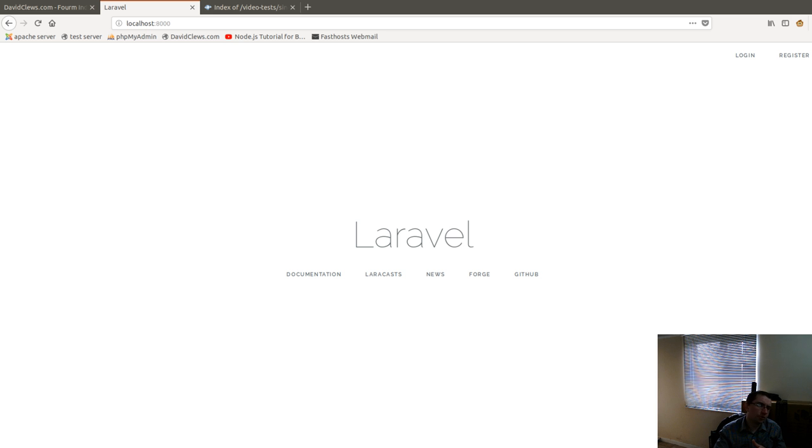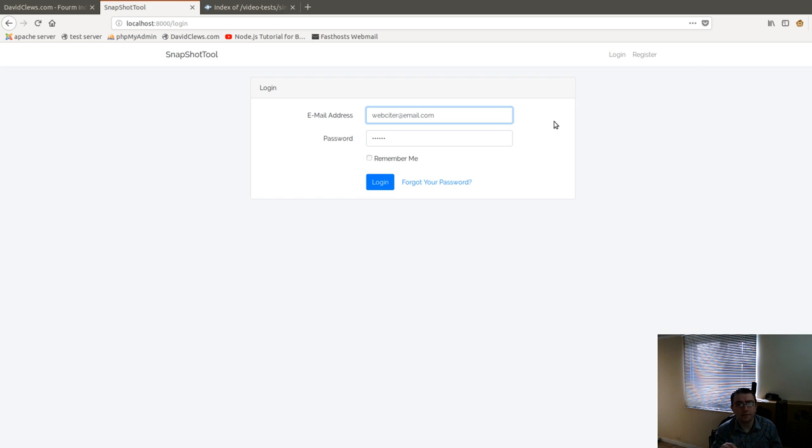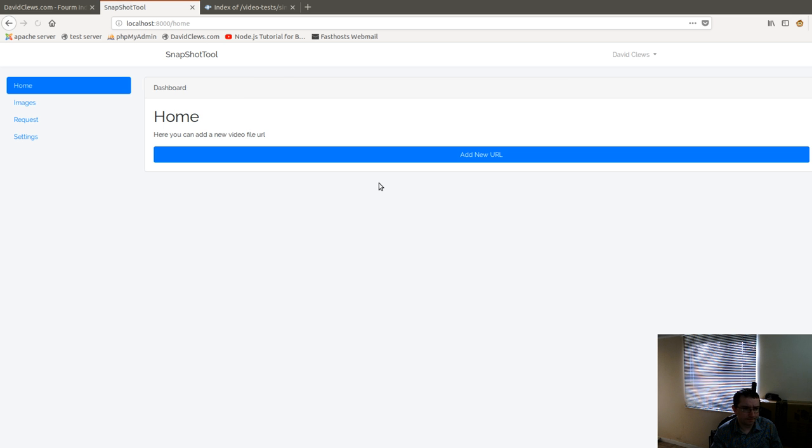This application is not 100% complete, as you can see. It's just a default Laravel page using their stylings, but when you log in, it does actually require a user to register and log in. And once you've logged in, you'll be given access to the administration interface, where you can add a URL to take screenshots and generate a thumbnail output, the raw image output, and the film strip with the image wall